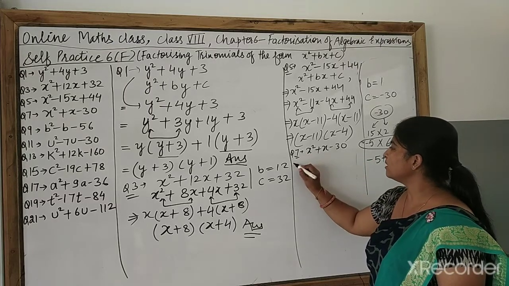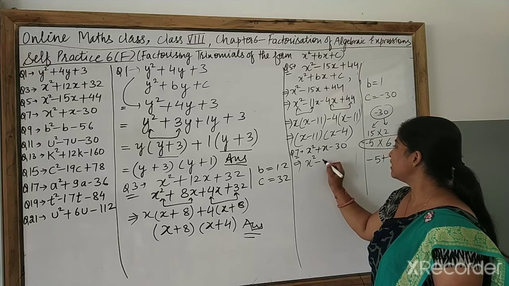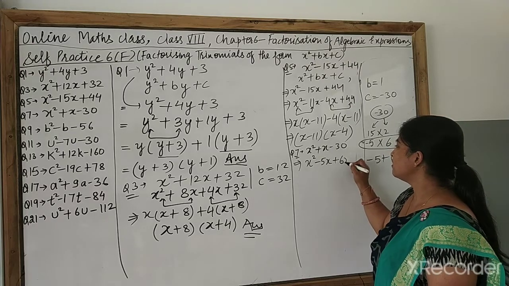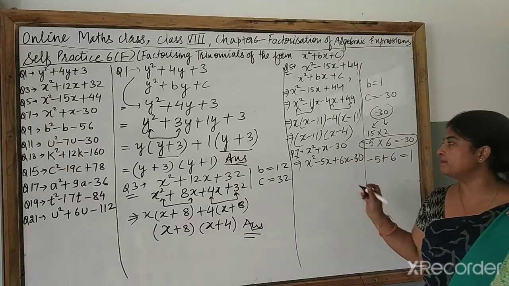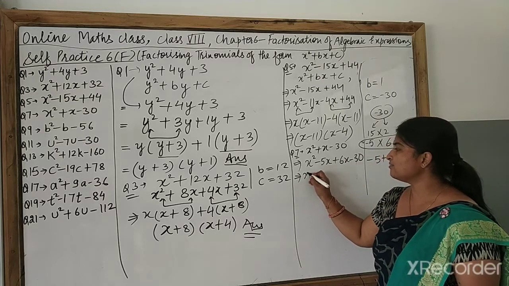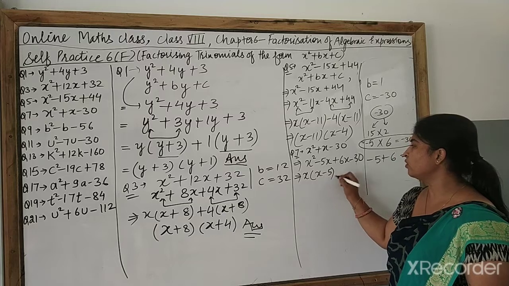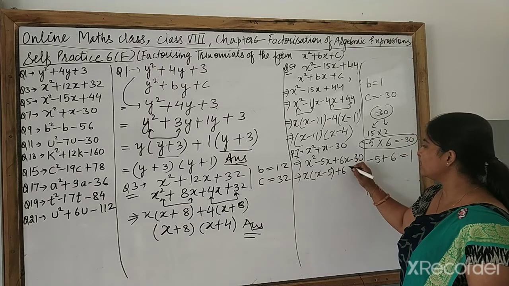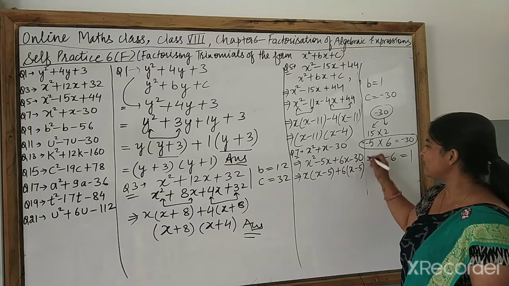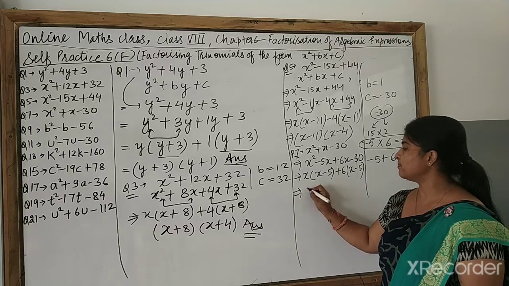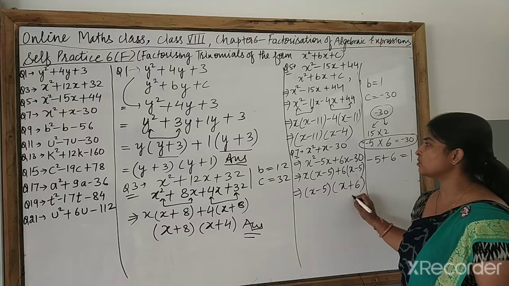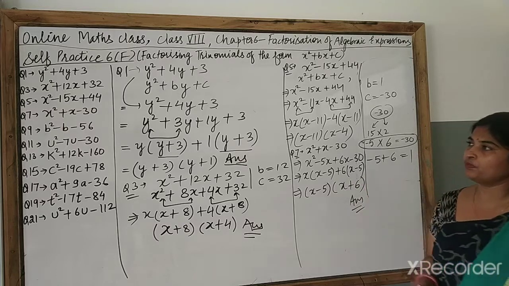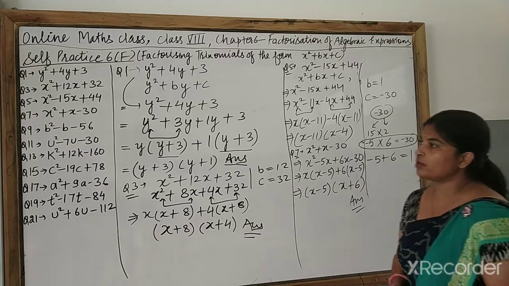Okay. So what is it? It will be x square minus 5x plus 6x minus 30. Okay. This B we have divided in the middle one, for the middle one. From x we have taken x minus 5. Okay. Plus 6 we have taken, what is left? x minus 5. Okay. So x minus 5 is coming common. What is left now? x plus 6. Okay. So this is your answer. Same way we can do question number 9 also.